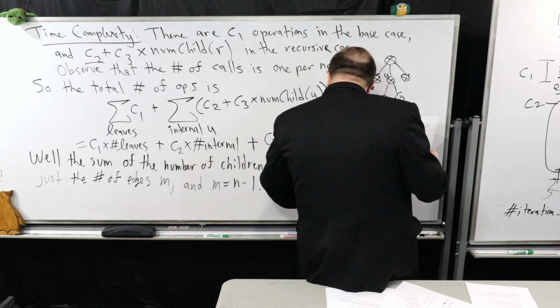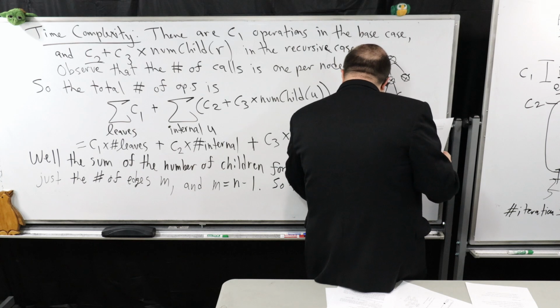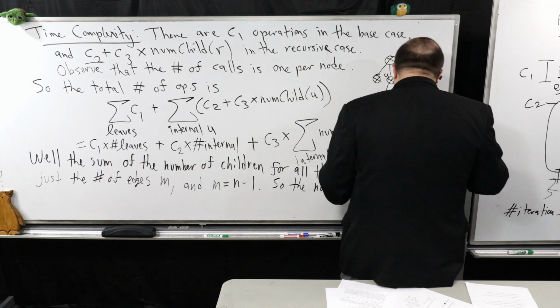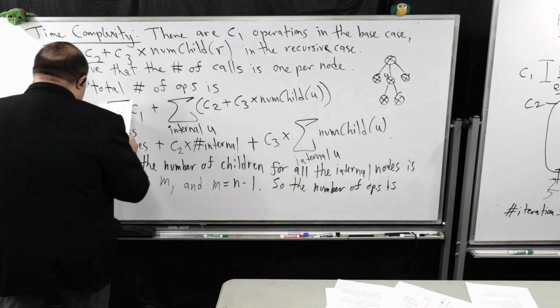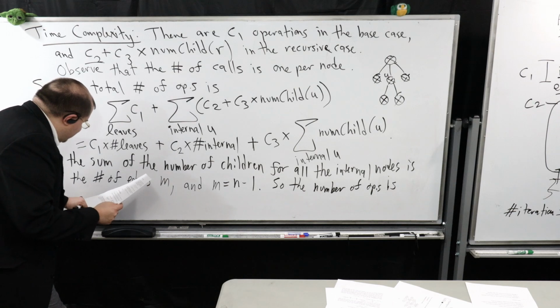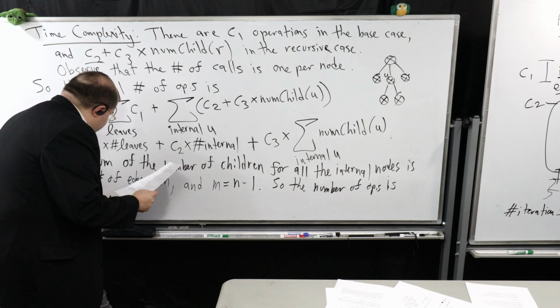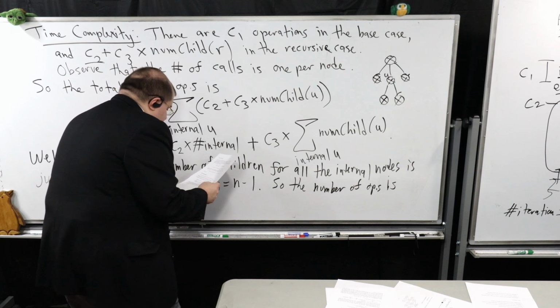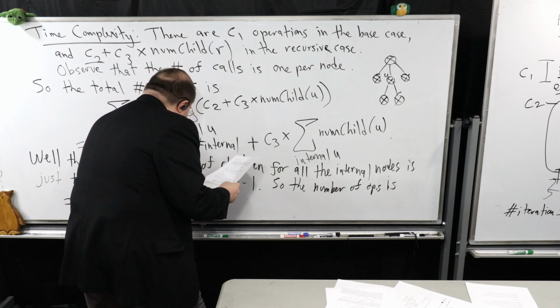So the number of operations is the following. It is equal to C1 times the number of leaves plus C2 times the number of internal nodes